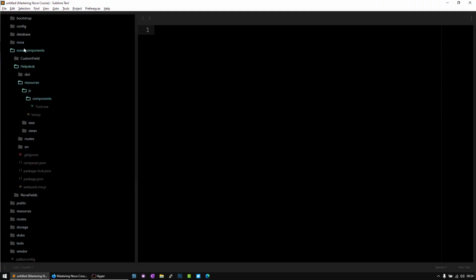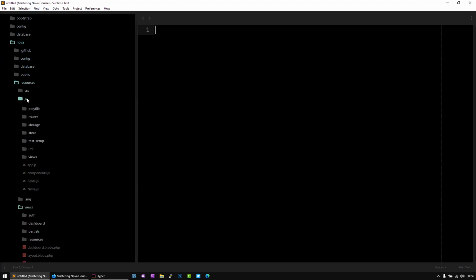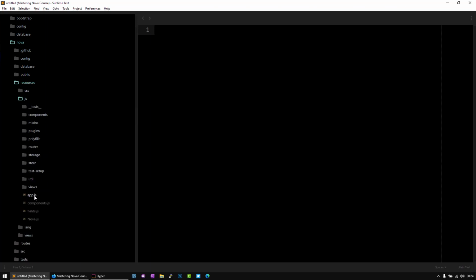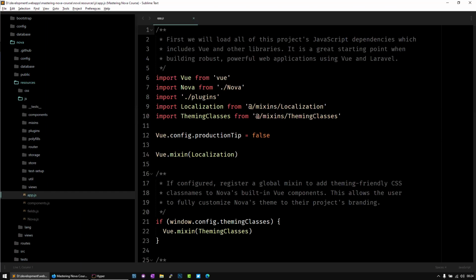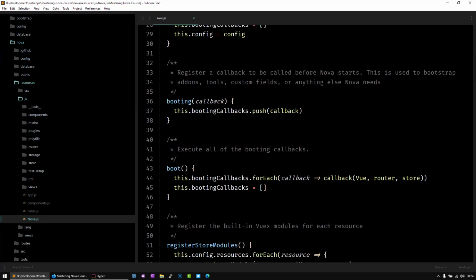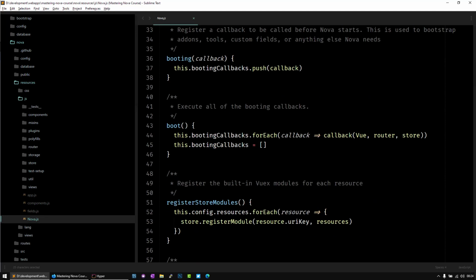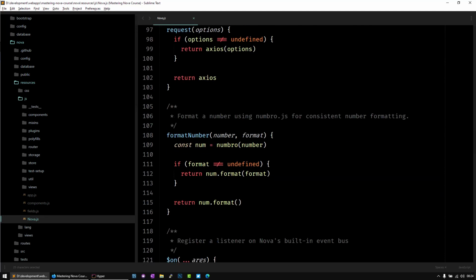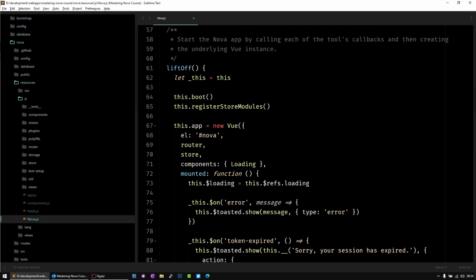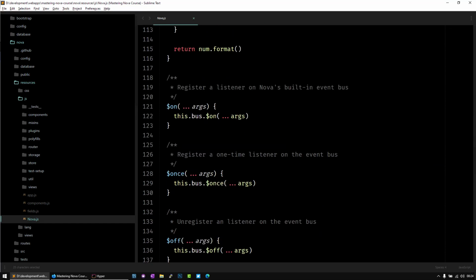So here on the folder of Nova, in case we install it like this, there is the resources, and then there is the JS folder here on the left, and everything starts on this app.js file, as we all know, right? So it gets compiled and it runs everything that is here regarding imports. So it imports Vue, imports, of course, this Nova JavaScript here, and here you can see the Nova class being instantiated. You have a constructor, and then you have these methods that you can actually use. Some of them you should not use, like the liftoff. This starts the Nova app by calling each of the tools callback. But for instance, the request, format number, the on,